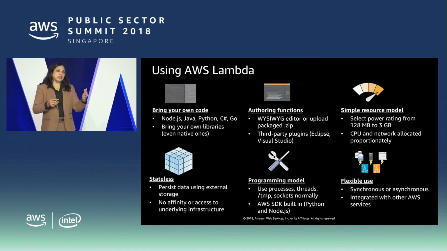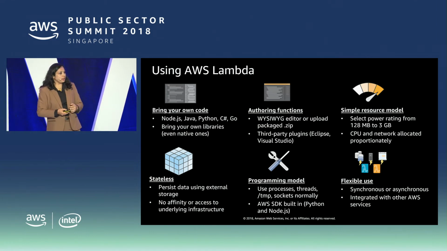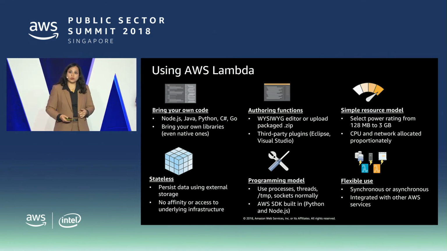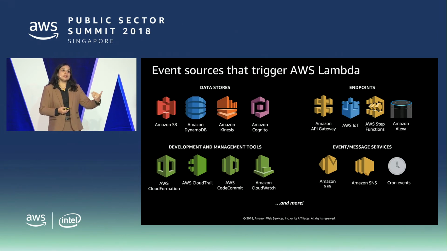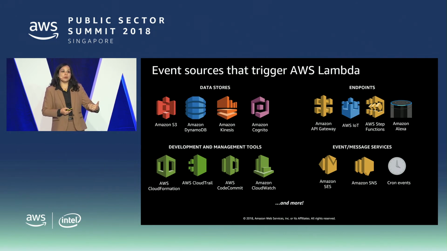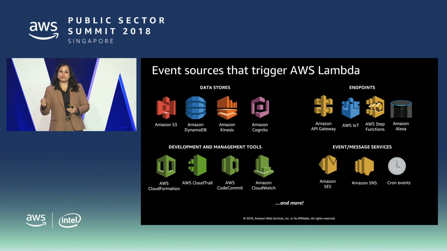So let's understand, like I explained, that there are 3 components to it: the event trigger, then the function, and the action itself. One of the most common questions that comes to me is, what are the possible triggers that you could have? As I said, it is natively integrated with many AWS services. On one side, we have data stores like Amazon S3 and DynamoDB. An example there could be that if a file is uploaded on S3, then it triggers a Lambda function to take a certain action. The action could be simply sending a notification.